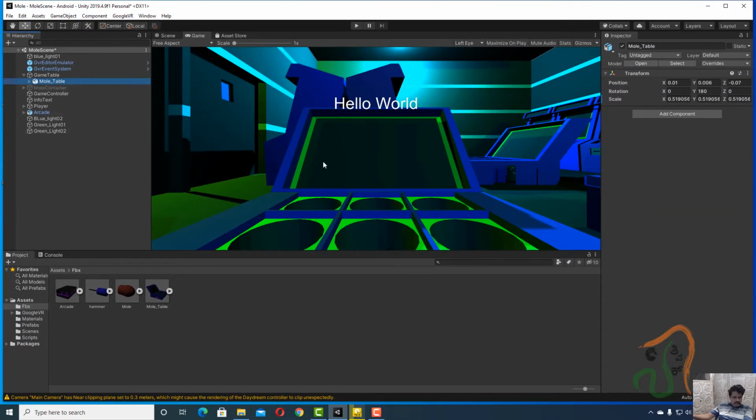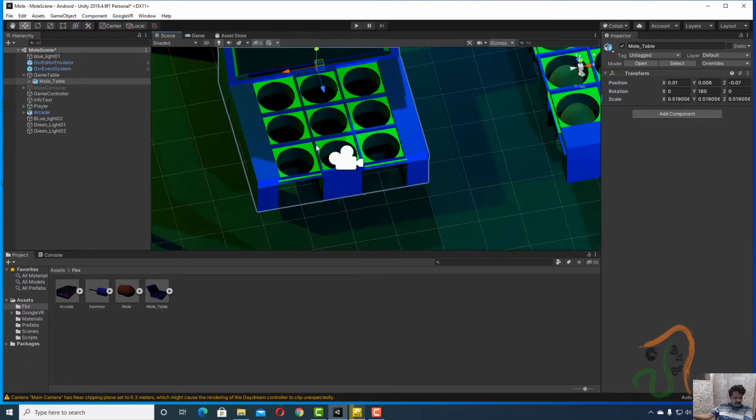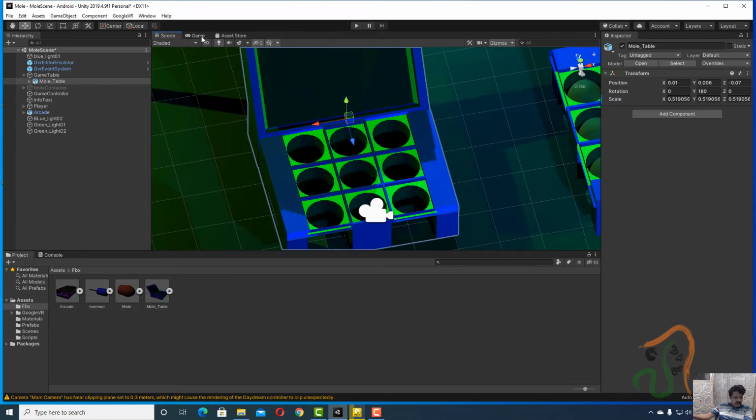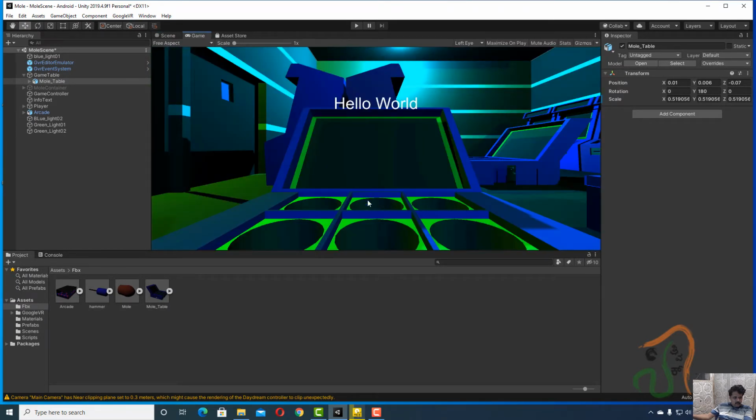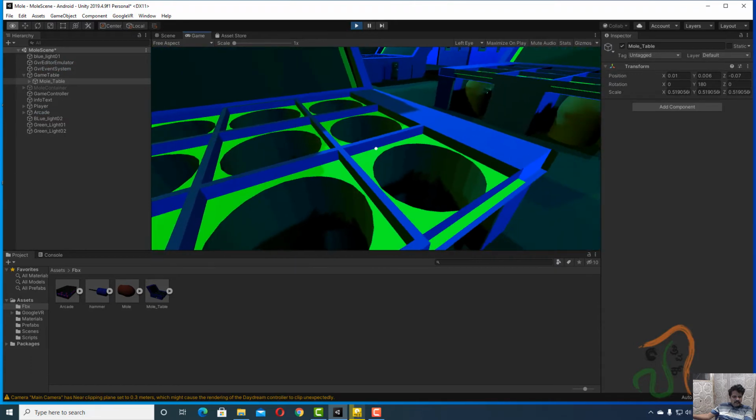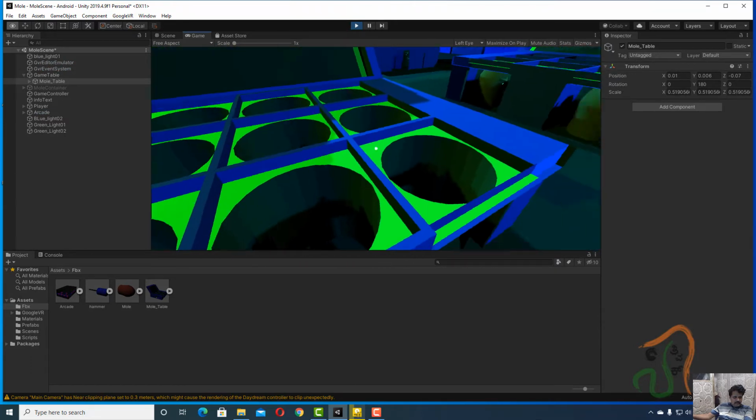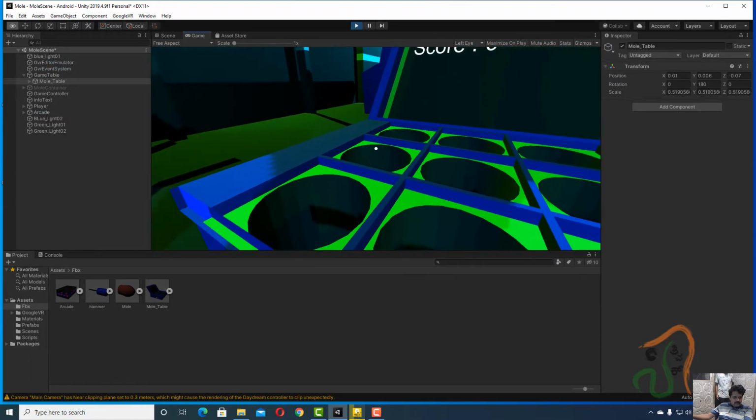Select the mold table now, and okay, this is fine. Let us come back to scene view. In the game view, let us check it, and if required, I think we can slightly make this game table smaller.